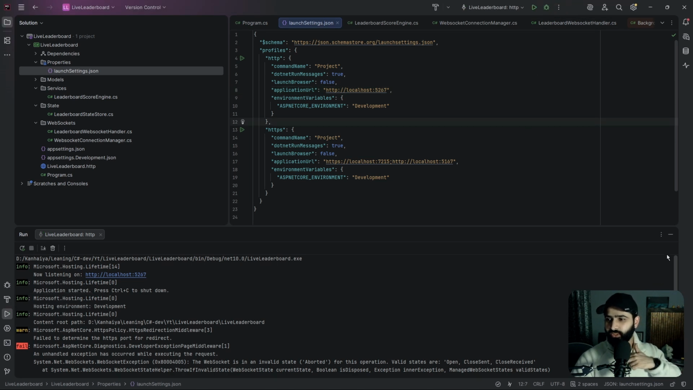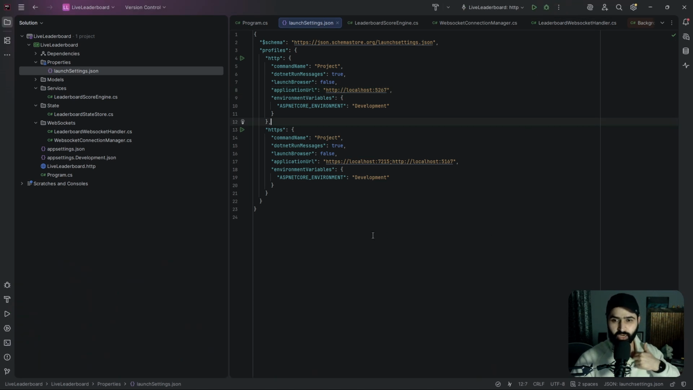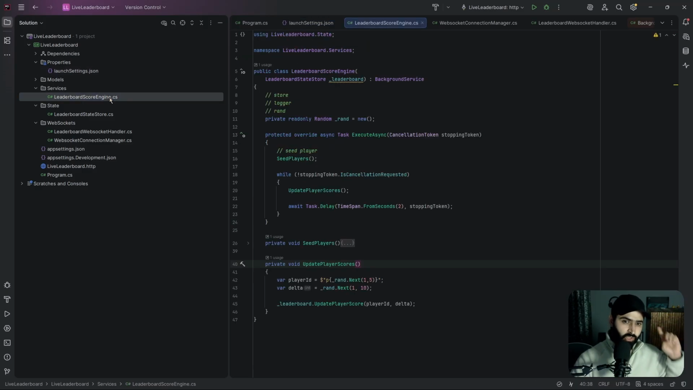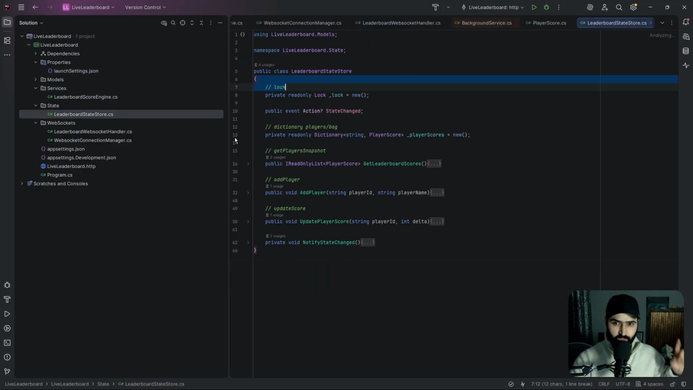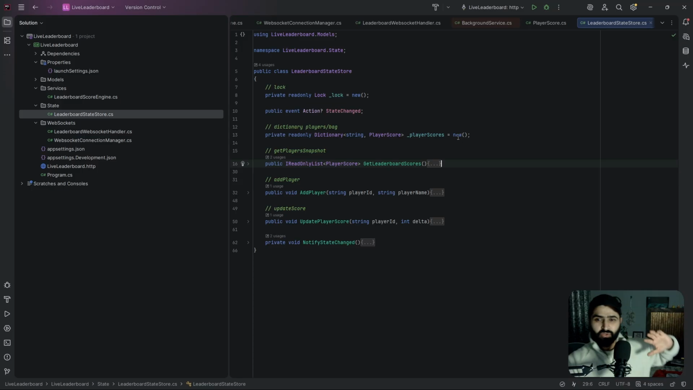ठीक है, तो एक बार जस्ट अ क्विक रिकैप। सबसे पहले हमने बनाया था इंजन, नहीं स्टोर बनाया था सबसे पहले। ठीक है, स्टोर में हमने कुछ चीज़ें ऐड करी।